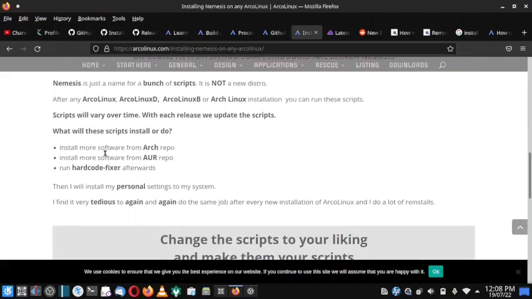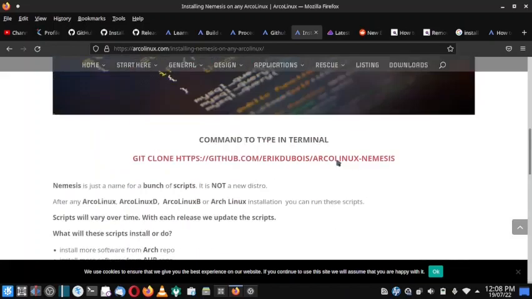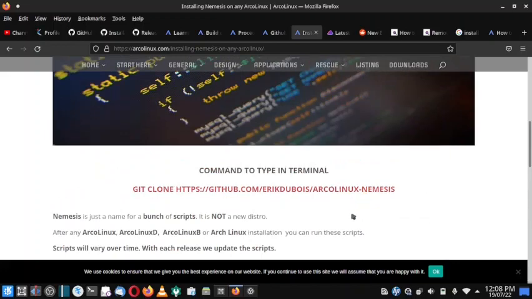For example, I will show you here. You have to run the hard code fixer after you install the scripts. Now the script has been copied from the GitHub to your system, but the script is not fully functional. To make it fully functional, we have to do one thing. So I will show you what to do. Let us start the